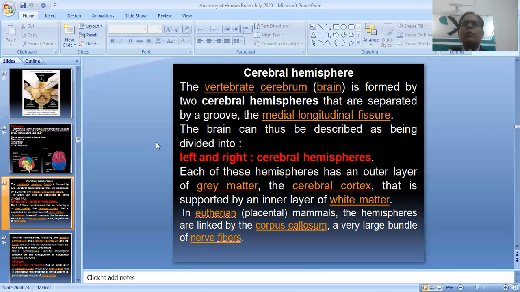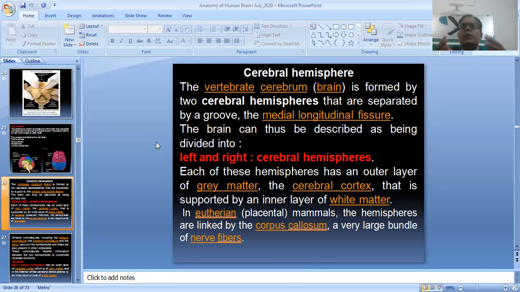The cerebrum is formed by two cerebral hemispheres that are separated by a groove, the medial longitudinal fissure. The brain can thus be described as being divided into left and right cerebral hemispheres. Each of these hemispheres has an outer layer of gray matter, the cerebral cortex, that is supported by an inner